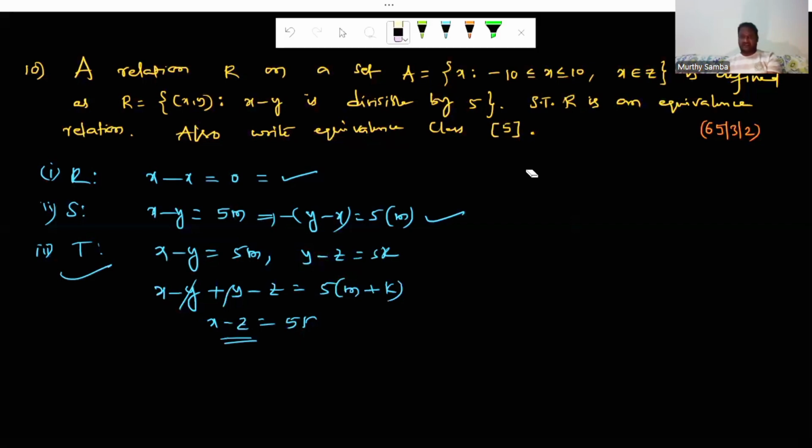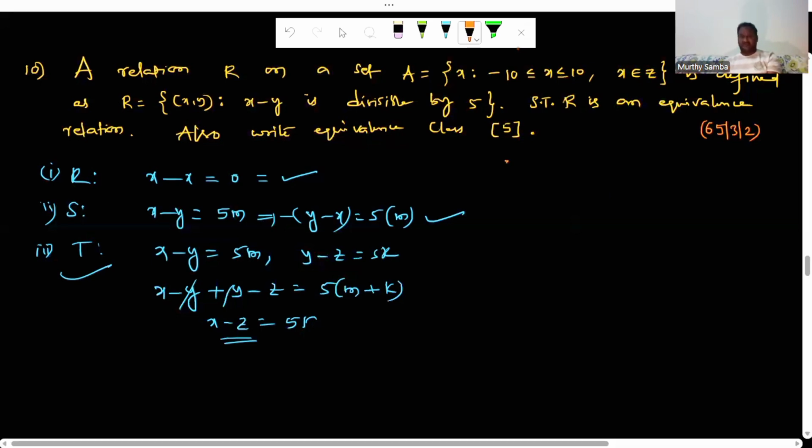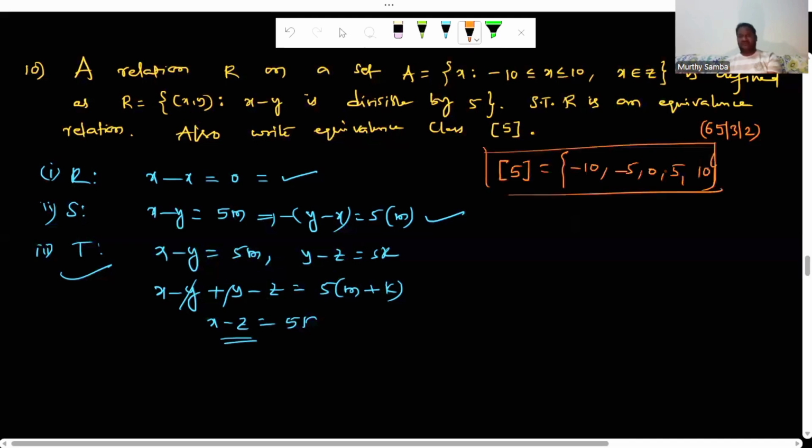And there is another part of this problem. What is that other part of the problem? Also write the equivalence class of 5. Equivalence class of 5 is nothing but the set of numbers related to 5, that is, 5 minus which number is divisible by 5. See, 5 minus 10 is equal to minus 5, divisible by 5. After minus 10 you have minus 5, and after minus 5 you have 0, and then after 0 you have 5, and after 5 you have 10 also. This is what the equivalence class of 5 is. So this way we can understand